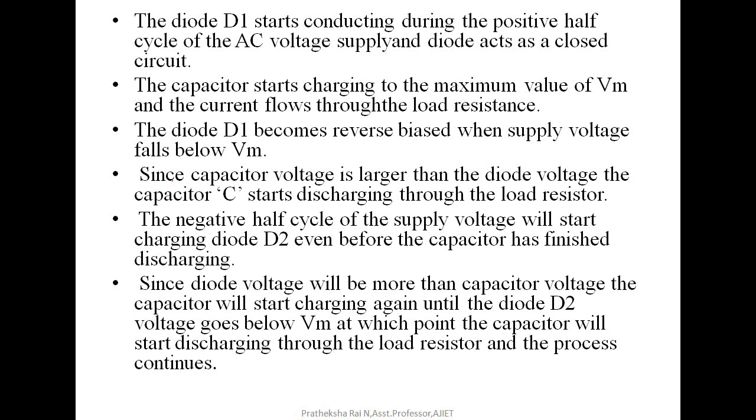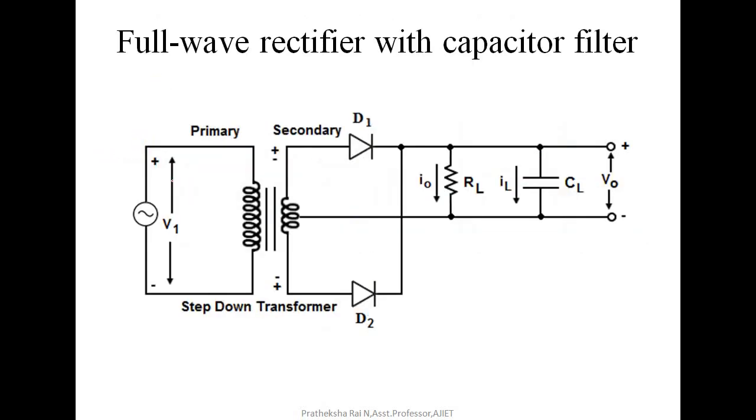In that capacitor video itself, it is clearly mentioned about the two plates, how the potential difference causes the capacitor to charge or discharge. So whenever diode D1 starts conducting, what happens? The capacitor starts charging. As the diode D1 starts conducting, the output voltage increases. In the same way the capacitor starts charging and stores the value.